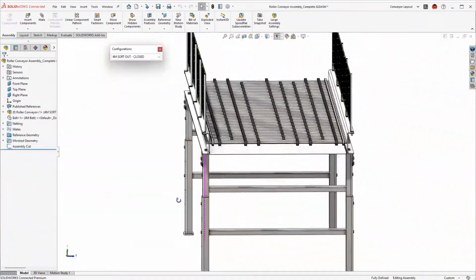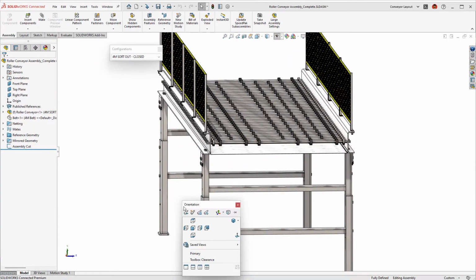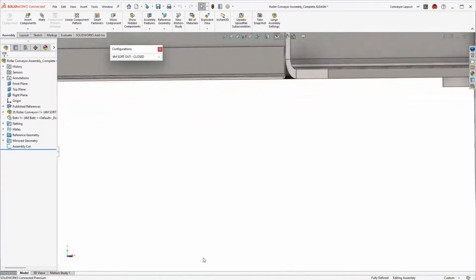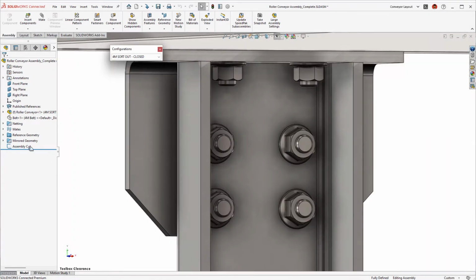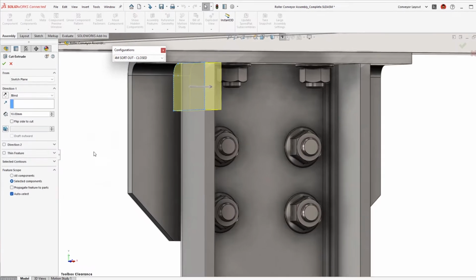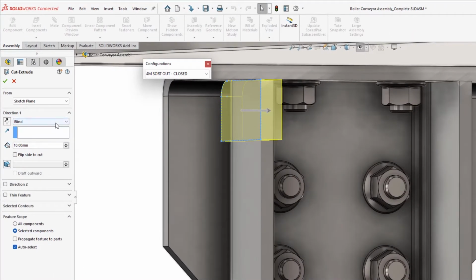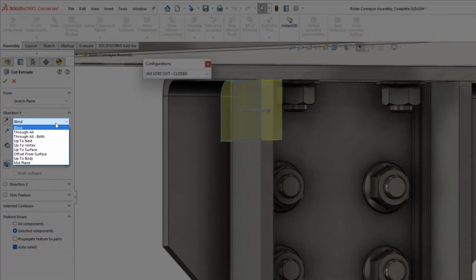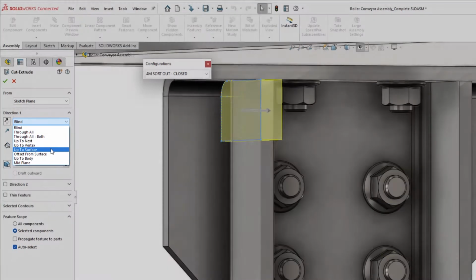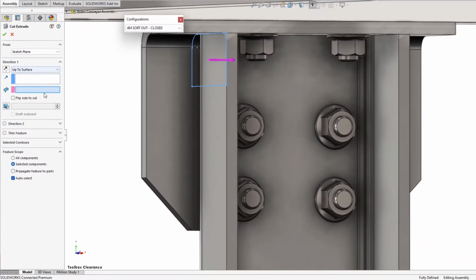To allow for proper assembly of the manufactured model, an assembly level cut will be needed to assist in accessing some key fasteners. New in SOLIDWORKS 2023, assembly cuts include the same end conditions as seen at the part level, expanding flexibility to your design intent. In this case, adding an up to surface will automate the exact cut depth regardless of any changes to the